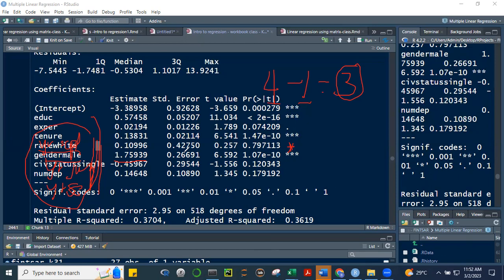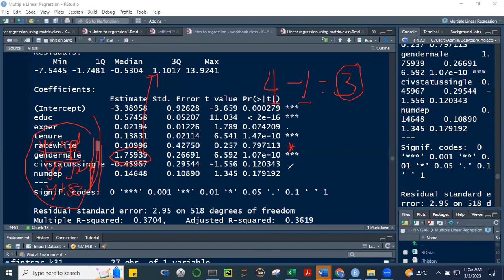Okay, so when we interpret that, we say on the average, male respondents or male employees of this sample receive 1.76 more than their female counterparts, ceteris paribus. So notice I'm interpreting this related to the benchmark. Okay, so pag may factor tayo class, lahat ng interpretation yan, it's always in reference to your benchmark variable or reference variable. Okay, it's either blank more or blank less.